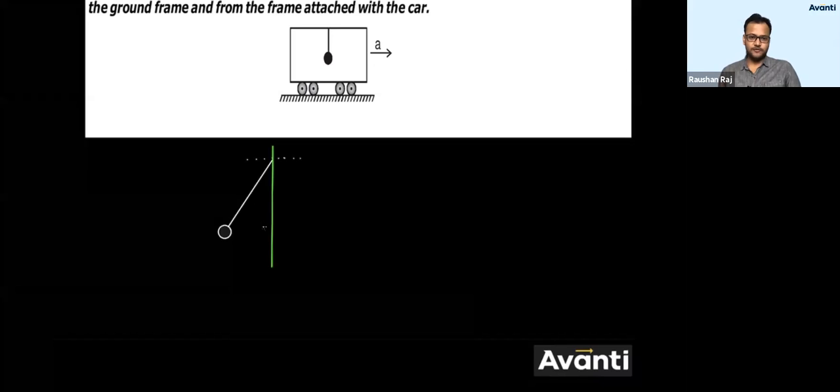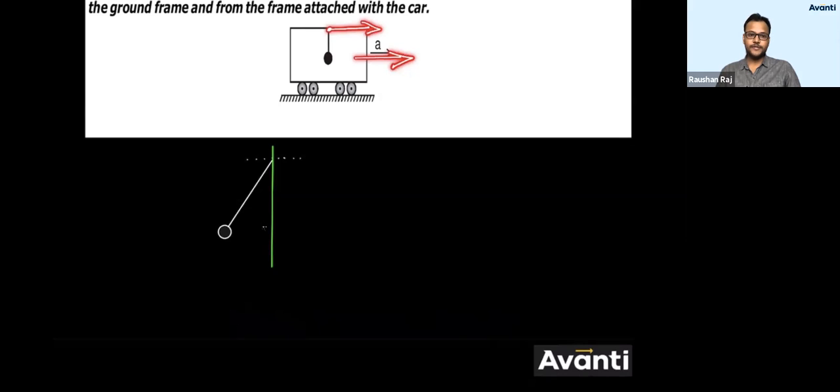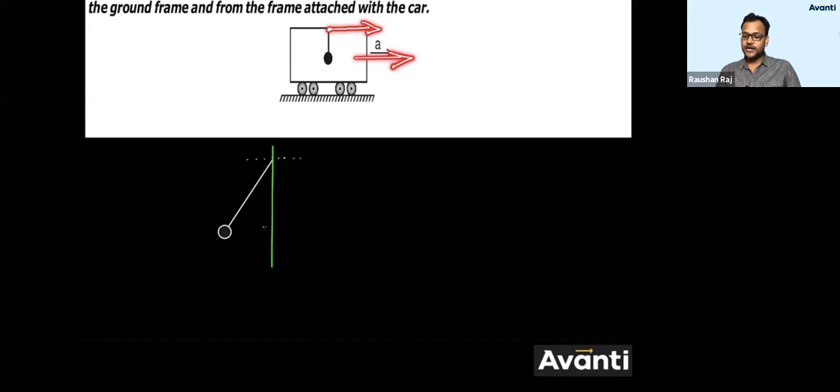Why will this bob move in leftward direction? Will it actually move in leftward direction, guys? Tell me yes or no. This is interesting, the answer is actually interesting. Will the bob actually move in leftward direction? So the answer is no. This bob will not move in leftward direction actually. What happens when this cart moves in rightward direction? This point will move in rightward direction.